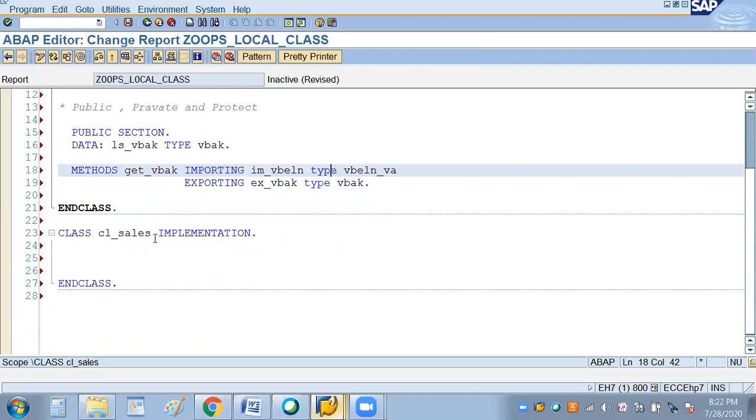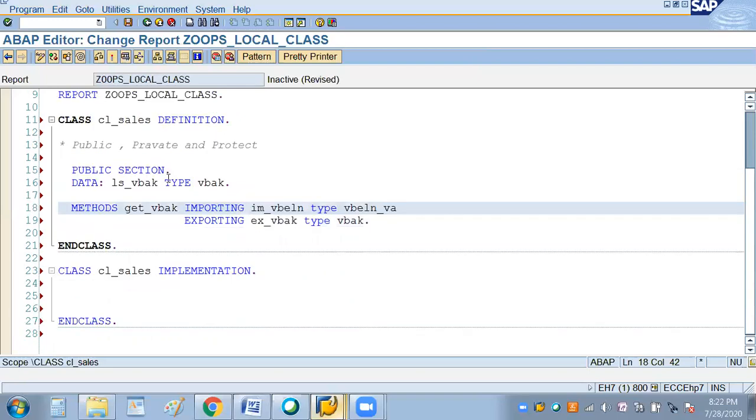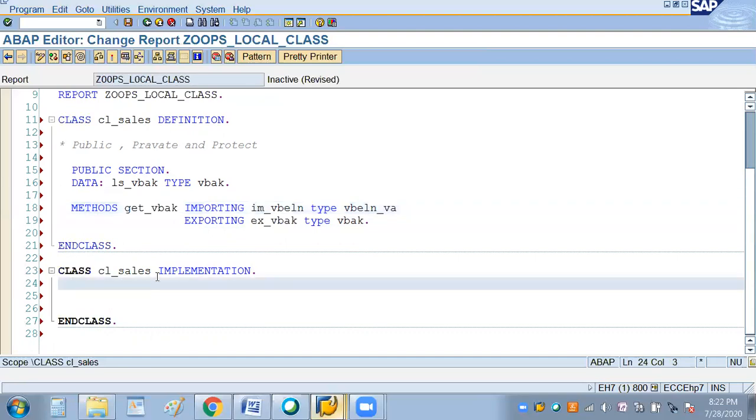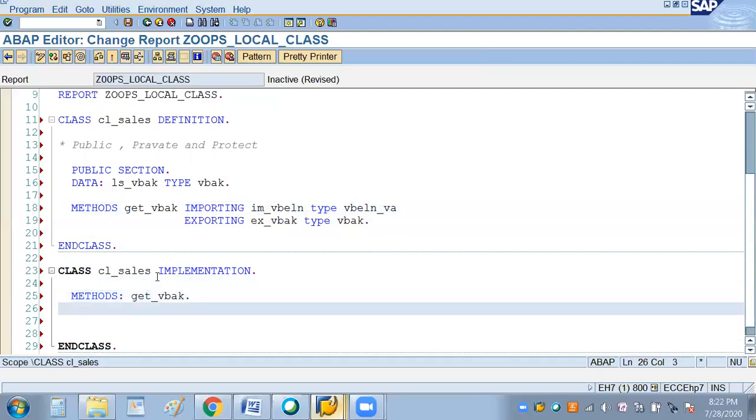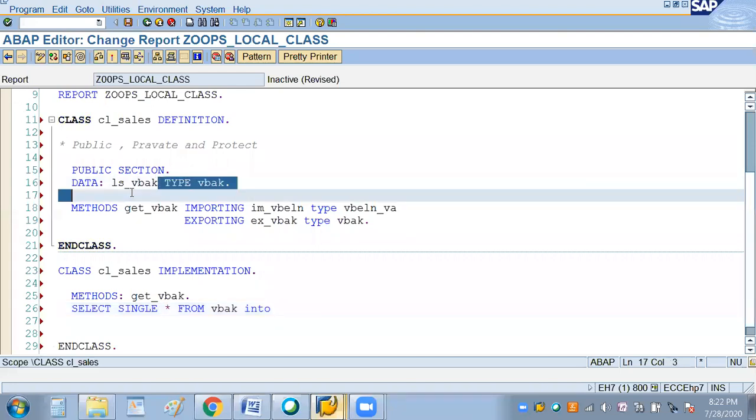Now I need to implement this method in this class. Within that class I have a method, and I want to implement it. How am I going to implement it? Here, give the method and the method name. VBAK is my method. Under this you can write this select query: select single star from VBAK into, where you want it. We have the public declaration,